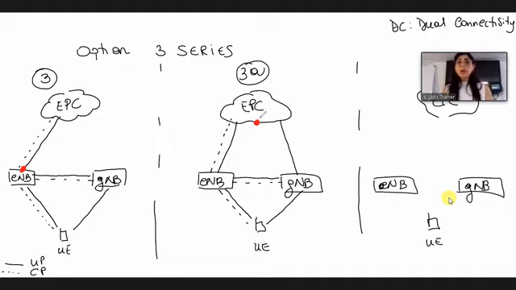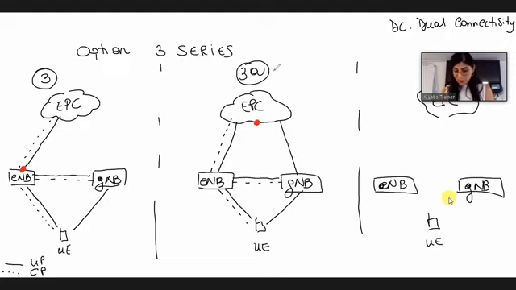So the split will be performed without knowing, for example, the load on the 5G or 4G side. This option is very seldom used, and to be honest, Huawei does not support it.